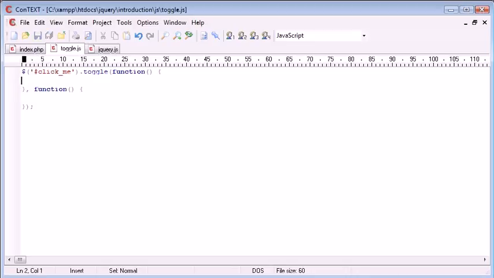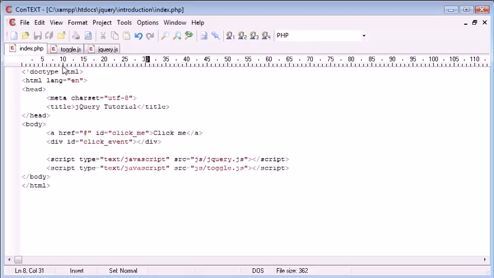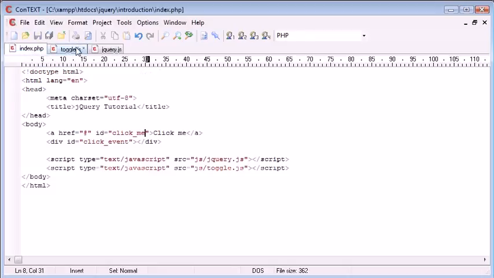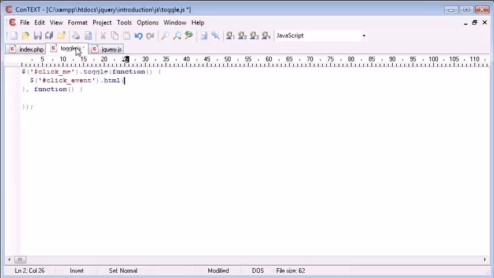Okay, so the first time we click the link, we want to display something. So we need to reference our click_event div, and we're going to place some text inside of here. So let's go ahead and say $('#click_event').html, which is going to place some text inside of this div. Let's just say "yes", and then we can go down here and do the same thing. So click_event and .html